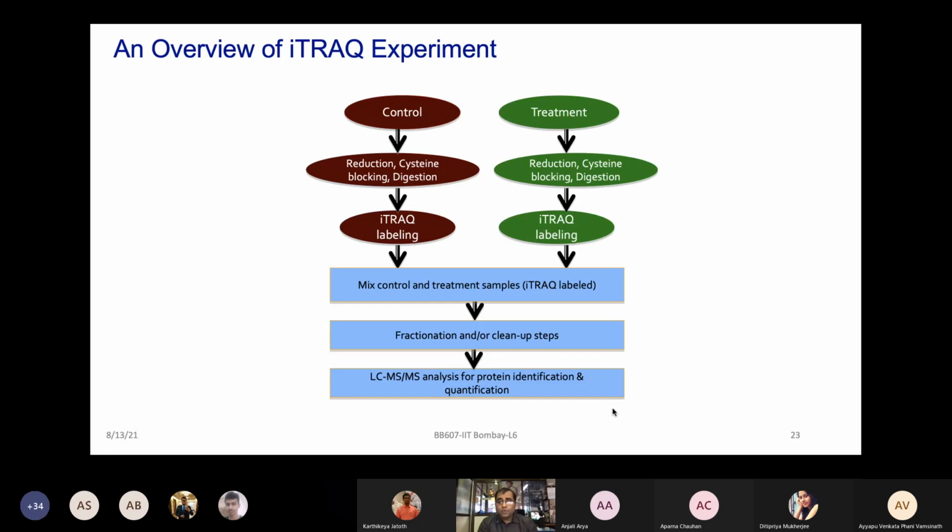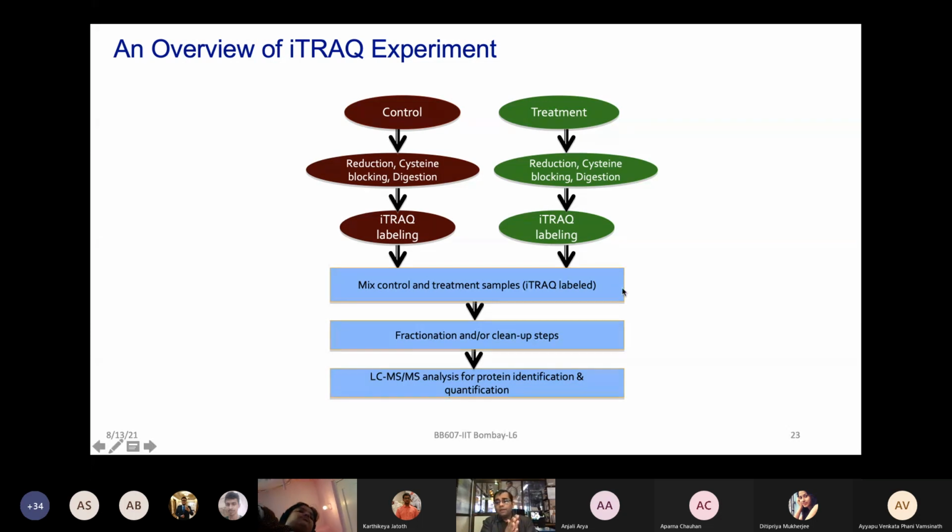So the experiment is very straightforward. Once you have prepared your sample and digested the peptides, you can label each one of those and mix them together. If you want to get better coverage, you can also fractionate these samples, because you are actually taking the complete proteome of each sample, from 4 different samples, and after labeling you're mixing them all together. It's a very complex sample and a huge number of peptides are there. It's a good strategy to fractionate those into maybe 6 or 10 or 14 fractions, so that each fraction when you run, you will get much larger coverage of the overall proteome.